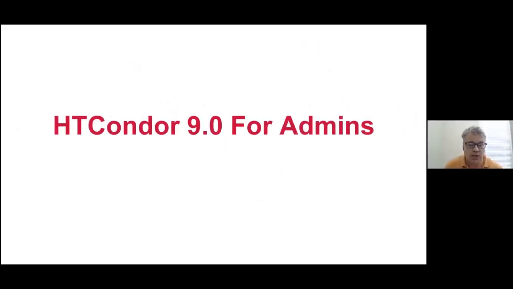So this is HTCondor 9.0 for admins. I just performed the most basic admin function there. I turned something off and turned it back on again. So we're subtitling this: usually admins are ahead of the game when wanting to upgrade systems, but it's the users that hold them back. But with 9.0, this talk is going to explain why users will be begging you to